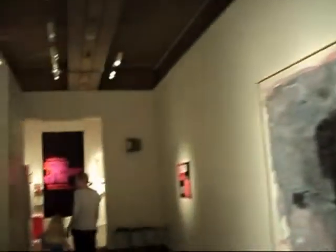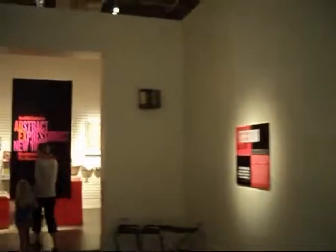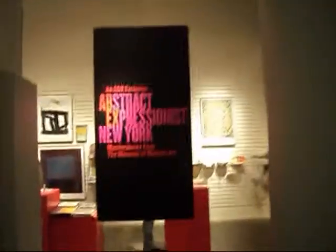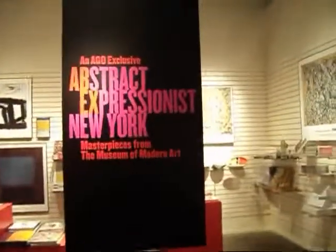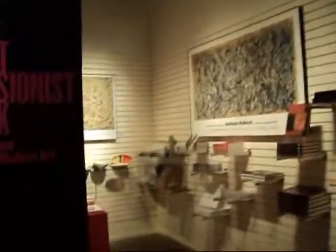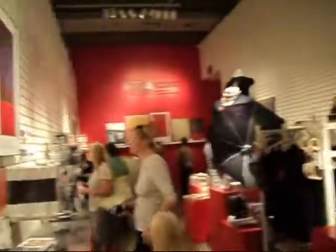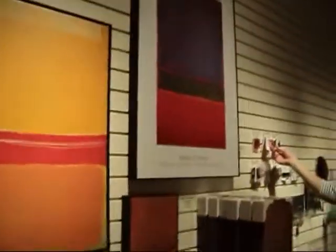Okay, so an AGO exclusive: Abstract Expressionist New York, masterpieces from the Museum of Modern Art. An AGO exclusive. And this is the gift shop. These are all the things you can buy here. You too can have a Mark Rothko